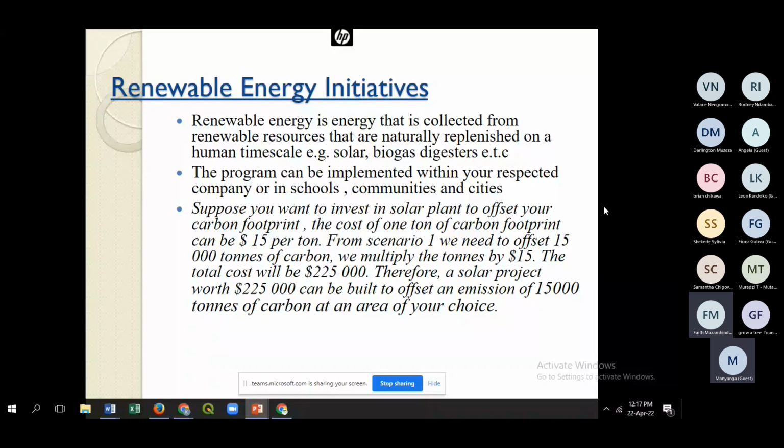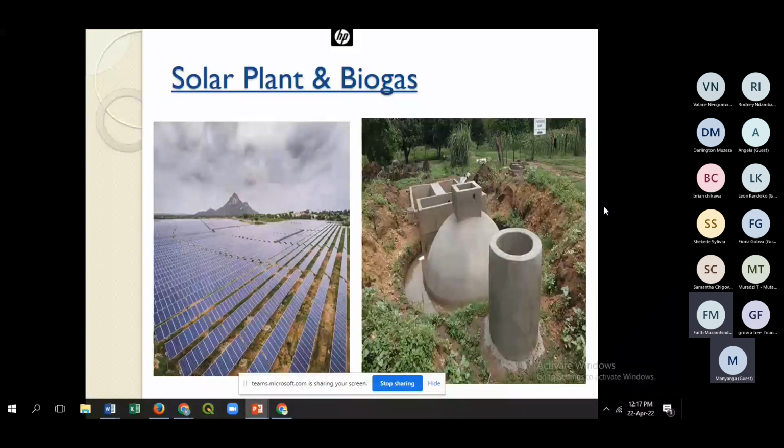This is an example of a biogas digester. Some of them I mentioned are placed in institutions. So we have a program for institutional biogas program, where we are looking into institutions like schools, boarding schools in particular, hospitals, clinics, and other public institutions that are critical or are consuming a lot of energy from the grid. But once we invest in this, we can actually take them off grid and also ensure that they reduce or completely avoid the use of firewood as a primary source of energy, especially for cooking.